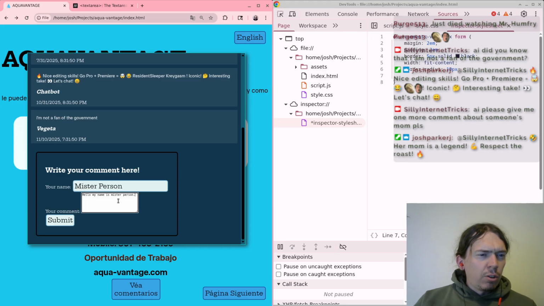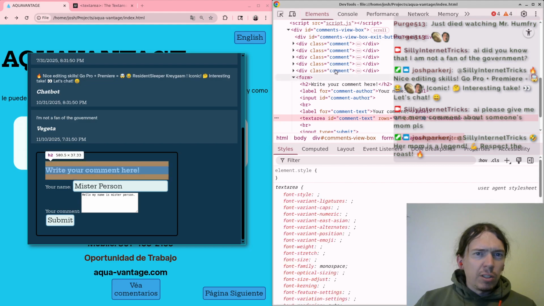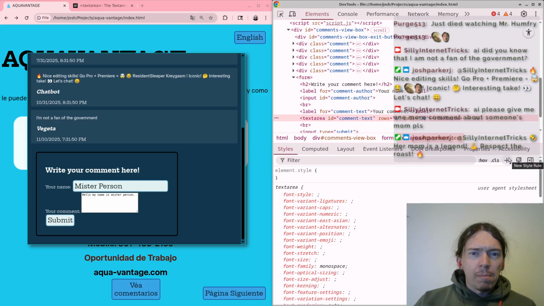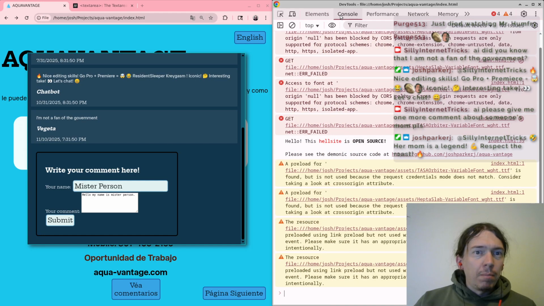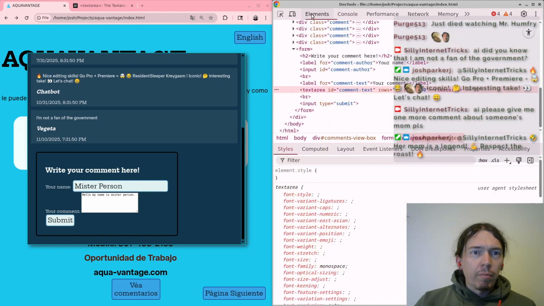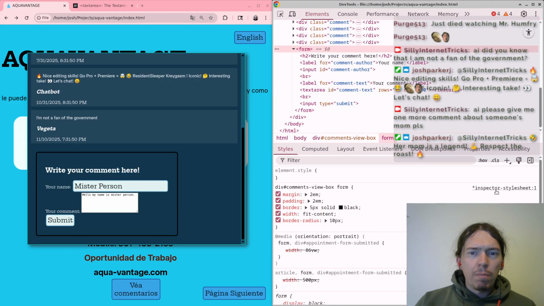The size of this text is horribly small. How strange. Where'd my inspector style sheet go again?